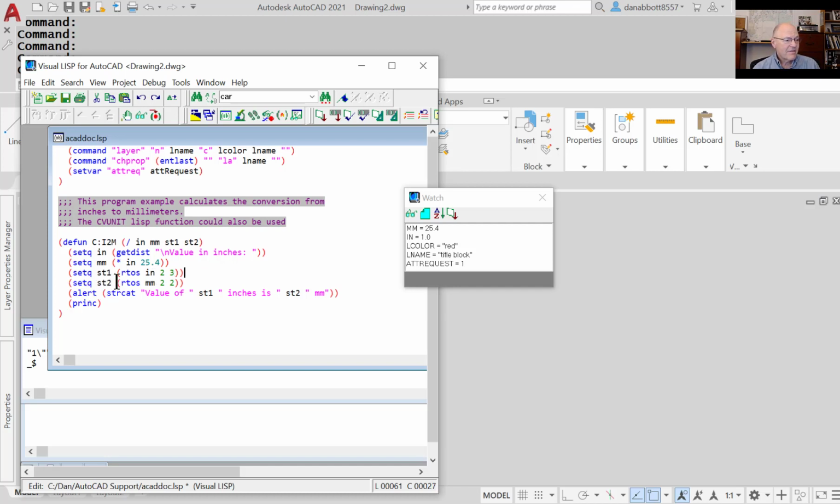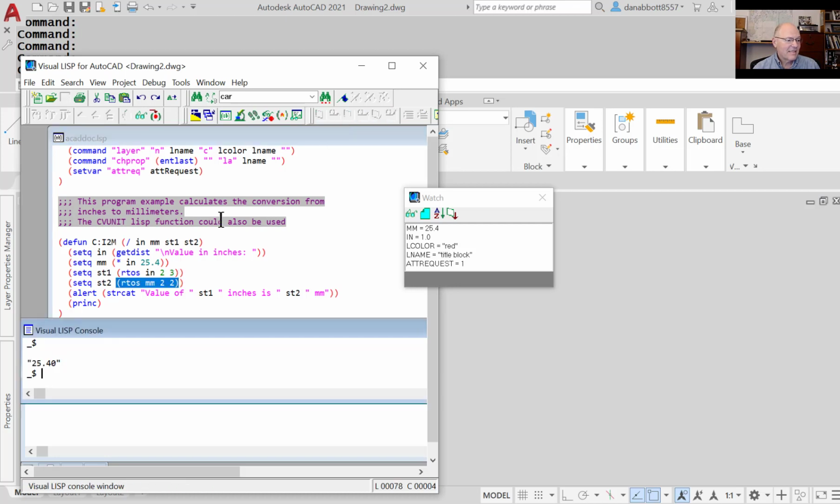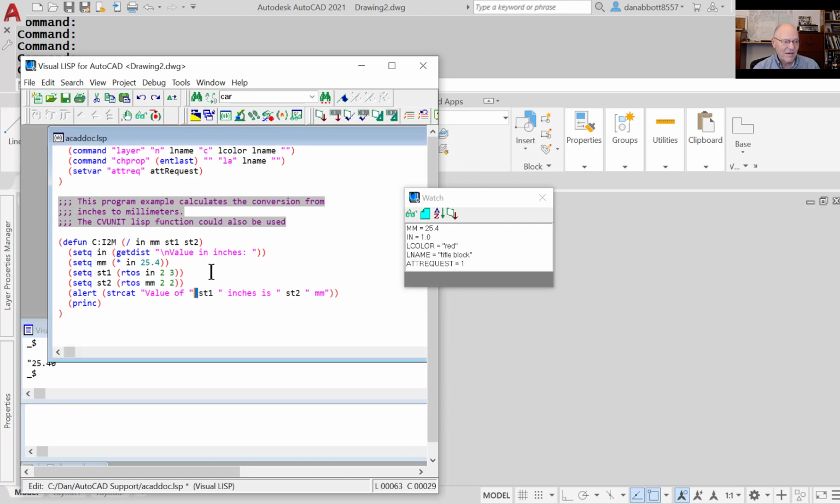Now down here, string 2, I turned inches already into a string. So let's turn whatever the value in millimeters is into a string. I'll do that. But because it's millimeters, I'm going to say 25.40. 2 decimal places is enough, but I could change that right here as well. So those 2 things right there now become variables, and those variables represent the 2 numbers that I have, and